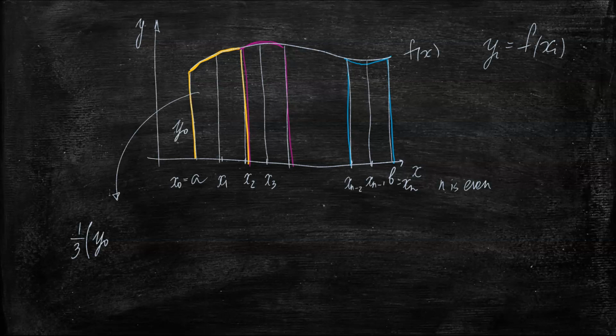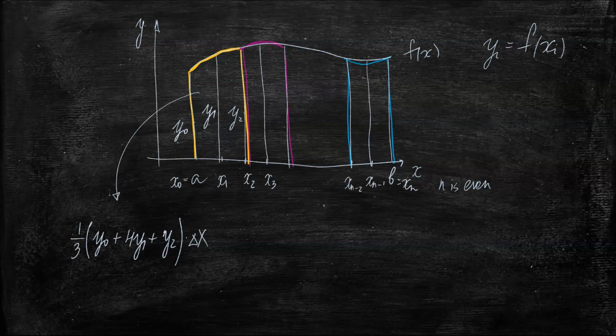So y sub 0 is the height of this. y1 is the height of this. y2 is the height of this. And all that we multiply by h, where h actually is delta x. So this is the area of the first, the orange region, approximated with the Simpson's